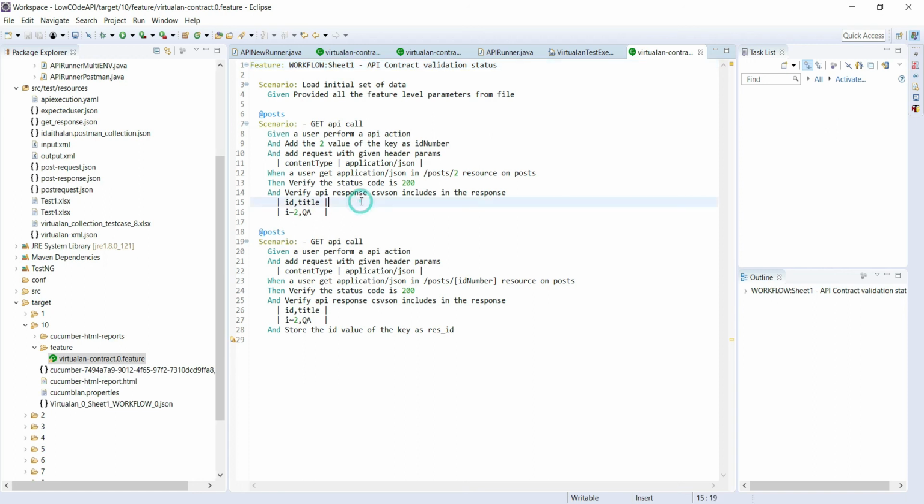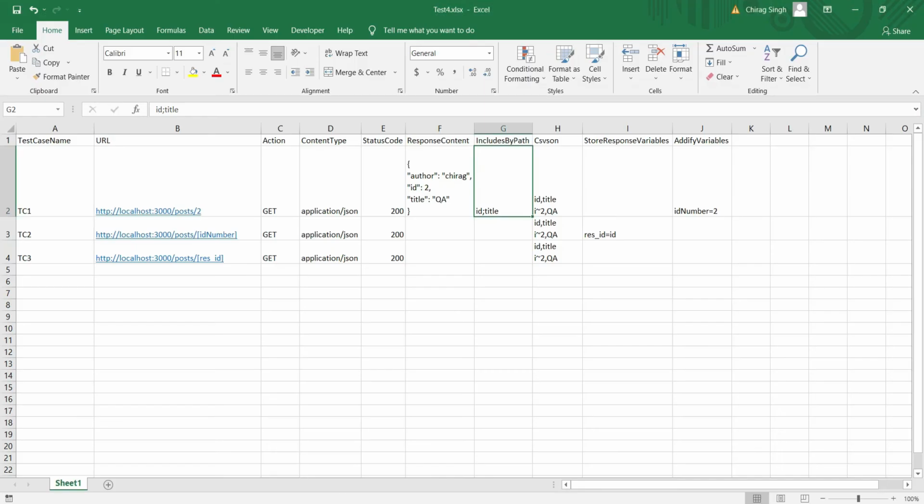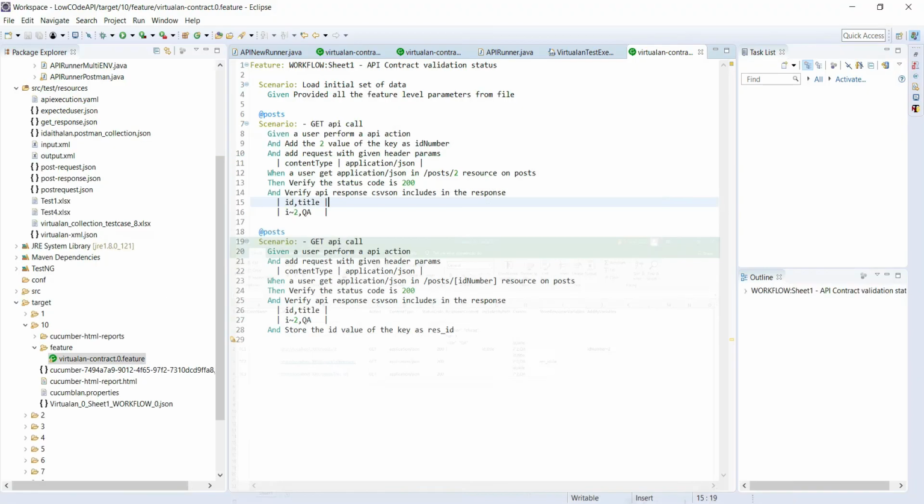Let me open this. Here we are verifying the API response SVC include. The ID should be 2 and the title is QA, which we have mentioned over here.